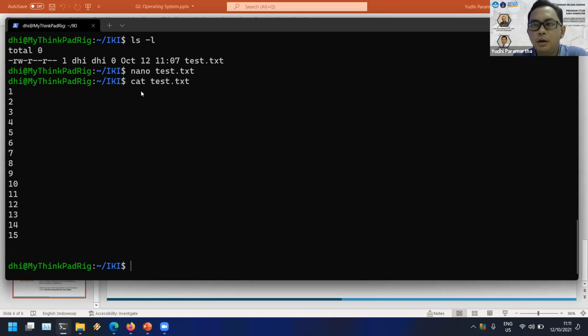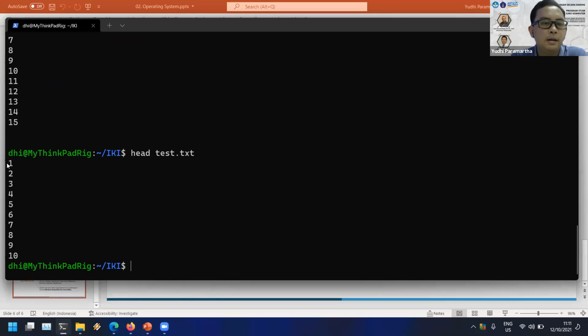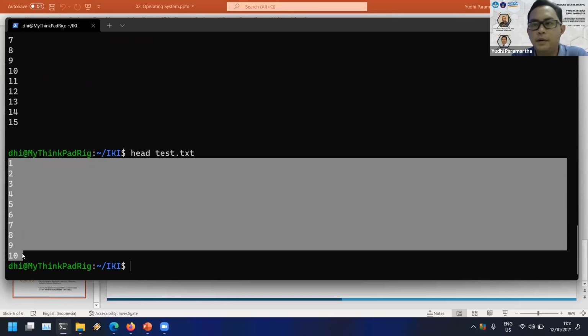But sometimes we only want to know the top 5 lines of the file, or the bottom of the file. We could use the head command to display the first 10 lines in your file. For example, head test.txt, and we will see 10 lines of the file.